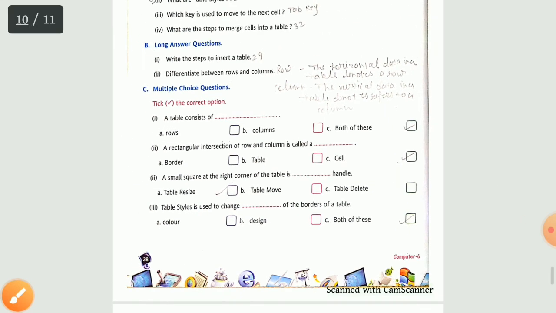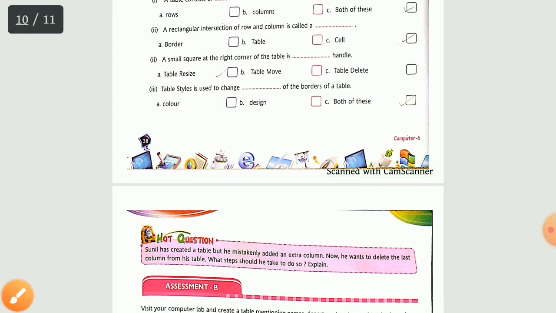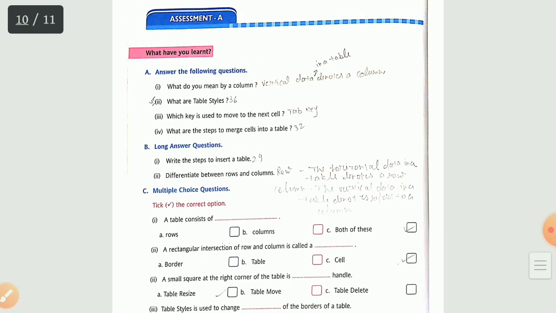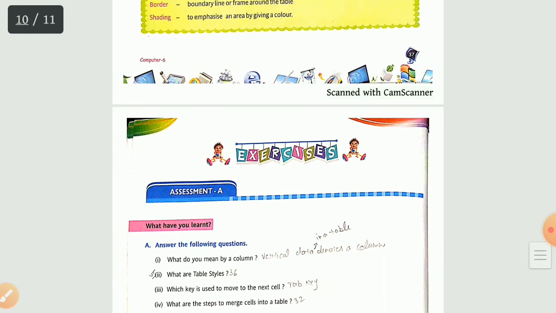So let us revise. For the first one we are having C part. For the second one again C part. For the third one we are having A part, and for the last one, that is the fourth one, we are having again C part. So this is about your multiple choice questions. We are done with our chapter for now. So please complete your work in your copy. Okay, so this is for this video. Thank you so much.